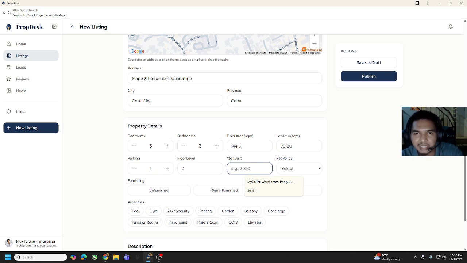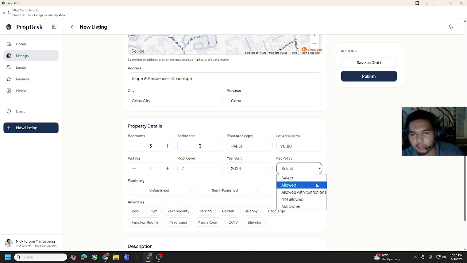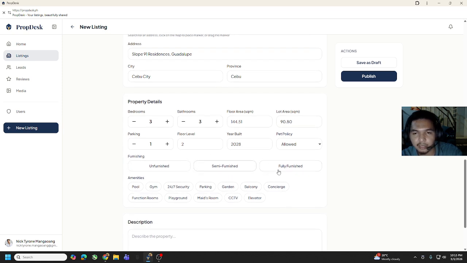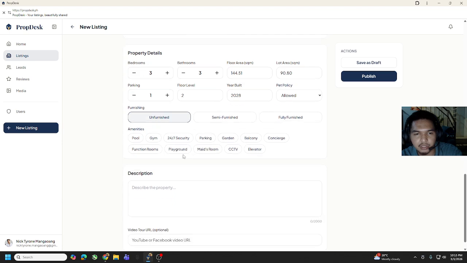Then, considering that it's 24 equity terms, I'll just add 2 years to the year now, so 2028. Pet policy, usually pets are allowed with houses, so let's just put allowed. Furnishing, if they are offering a promo, fully furnished or semi-furnished is up to the developer. For now it's unfurnished.